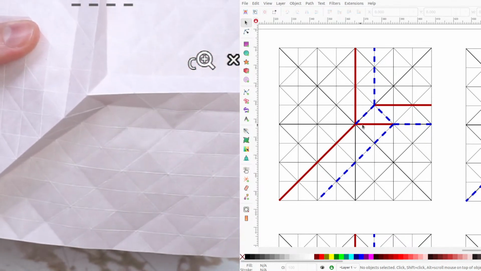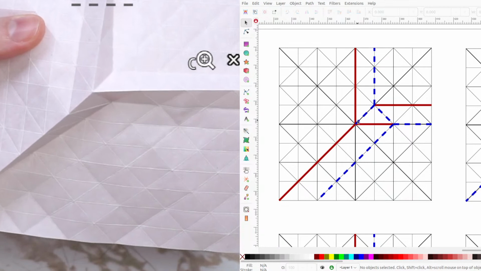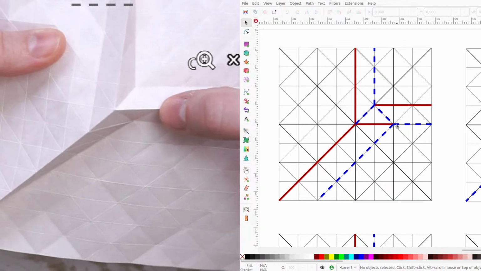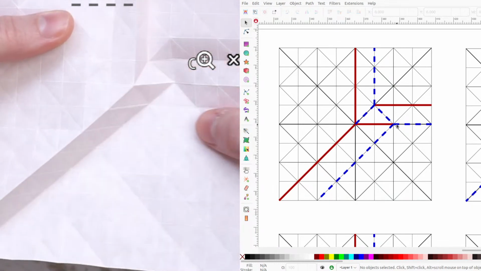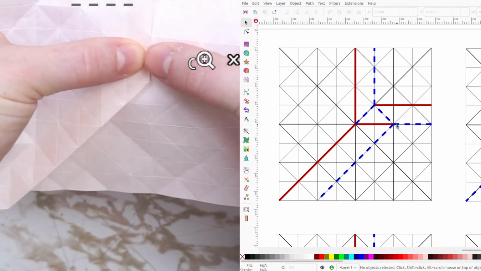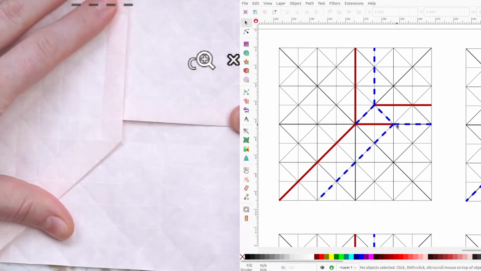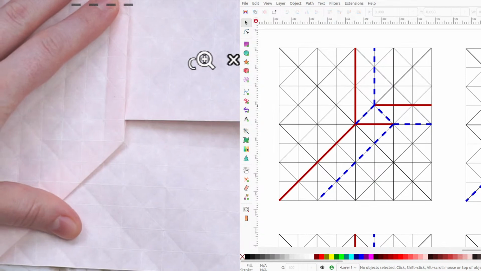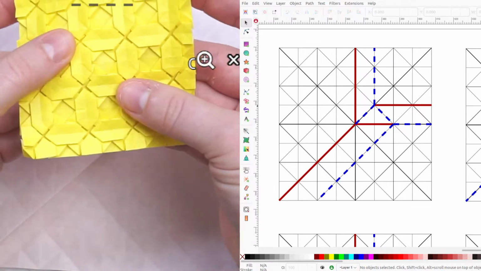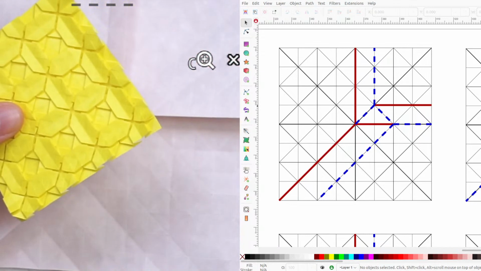We can see the mountain comes out from the three-way intersection, well, kind of two grid spacings, but it's to the next intersection with diagonals. And I'm going to poke that down so I can then swap the mountain and valley of that horizontal fold. So this is starting to look familiar. It's starting to look like this tessellation, where if we zoom in